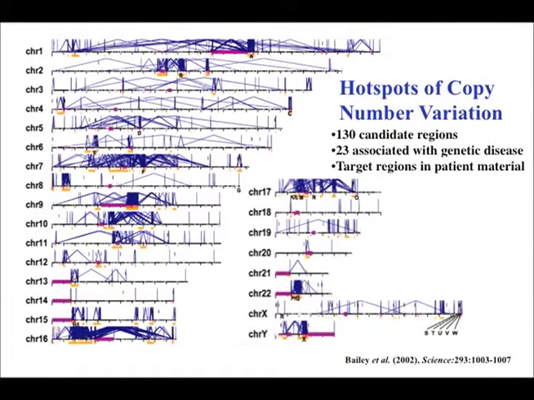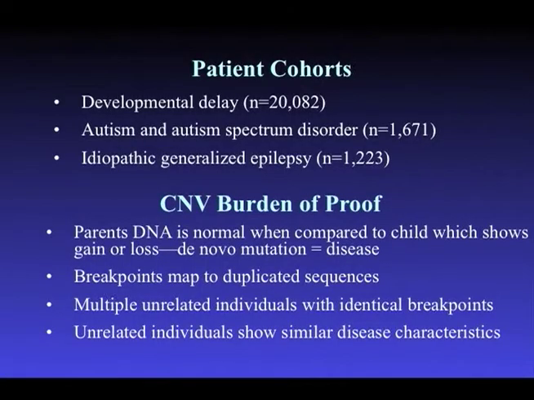So all those 130 regions that we predicted back in 2002 had exactly this architecture, had at least 50 kilobases of a unique sequence, flanked by duplications, and therefore prone to gain and loss because of the genomic architecture. So once we identified those regions, we had to identify cohorts, and this is what we've ultimately screened over 6 years. So we didn't screen all this in 1 year, just pointing out. This is on the order of 24,000 individuals that we've now looked at, primarily children with developmental delay, autism spectrum disorder, so this would be the more generally defined, and then adults with idiopathic generalized epilepsy even more recently.